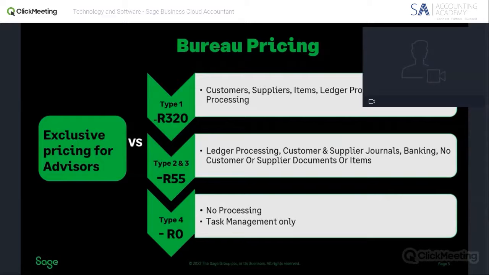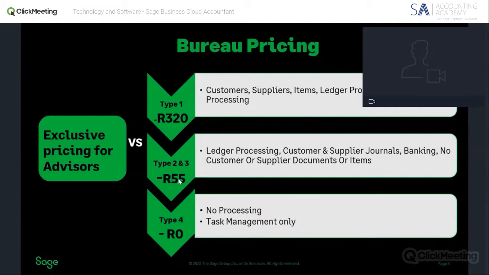Pricing. So like I mentioned, we do have a nice package that we have for our accountants. And this is basically a breakdown of the pricing that you might get in as an accountant. Like I mentioned, when it comes to our accounting bureau pricing, it's very dependent on the functionality that you want to use. So if you're not using the full bookkeeping processing services, you don't have to pay the full 320, which is the starting amount that you would pay for a set of books for a client.